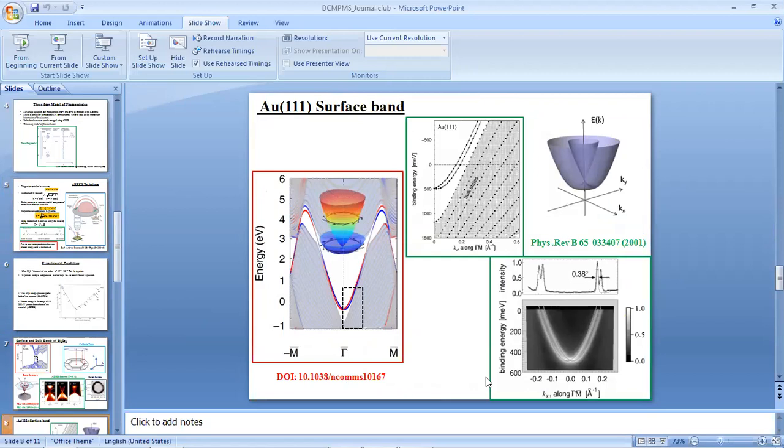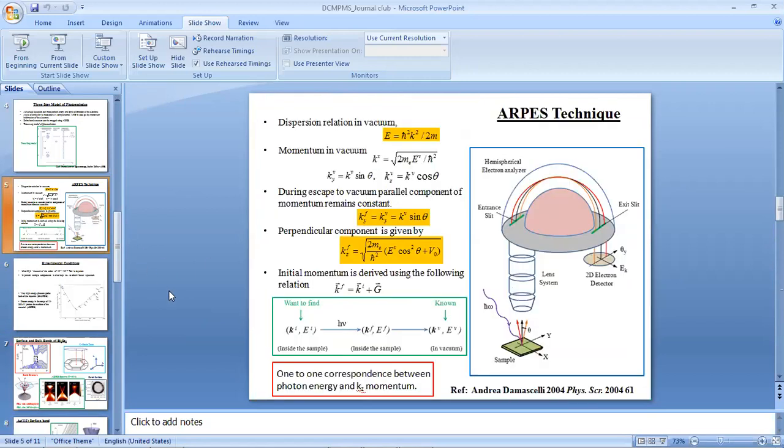Can you go back to slide number 5? So here you change the angle theta to get the momentum of the photoemission electron at different momentum directions, right? So the error bar in this theta will come in the spread in the momentum. Okay. The thing is, actually we do not vary theta. We vary only theta.